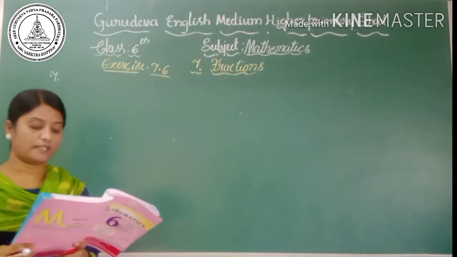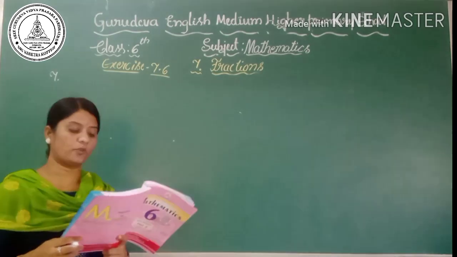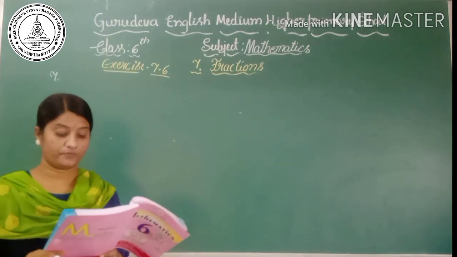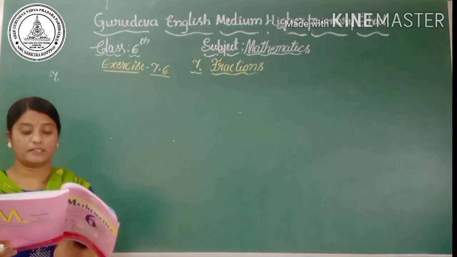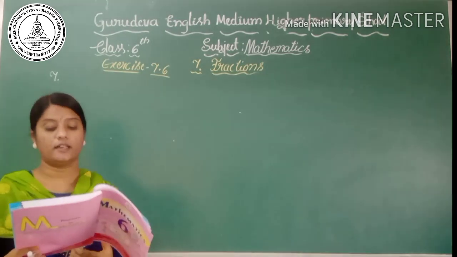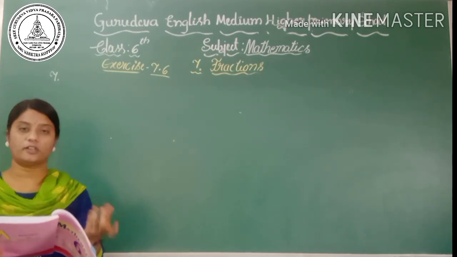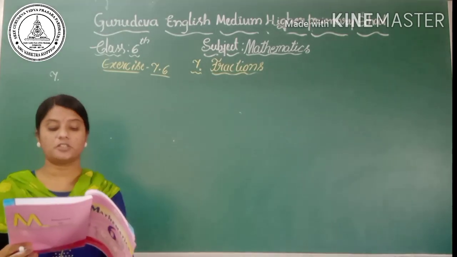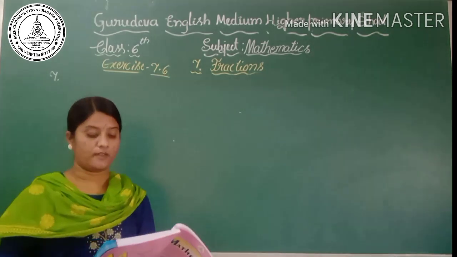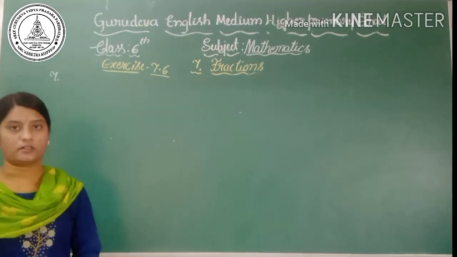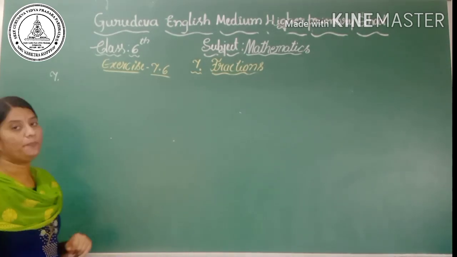Nandini's house is 9 by 10 kilometers from her school. She walked some distance and then took a bus for half kilometer to reach the school. How far did she walk? Yes, what is given here: the distance between the school and her house is 9 by 10 kilometers. In that she walked some of the distance and after that she took a bus for half kilometer to reach the school. Okay, yes, how far did she walk? So the first sentence we have to write is the total distance between the school and house.